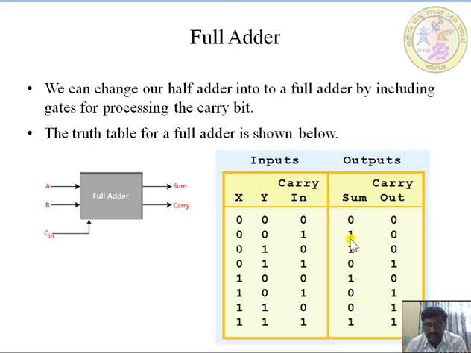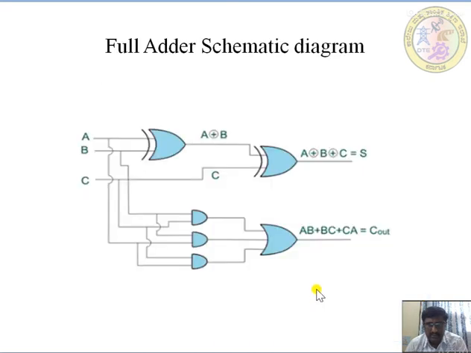So in this, 4 ones are there, 1, 2, 3 and 4. So for wherever the expressions we are getting for 1, what is the expression here? That is A bar. Sorry, I've taken it as X. So it is X bar Y bar C in, plus for this one it is X bar Y C in bar, plus for this one it is X Y bar C in bar, and for this it is X bar Y bar C in.